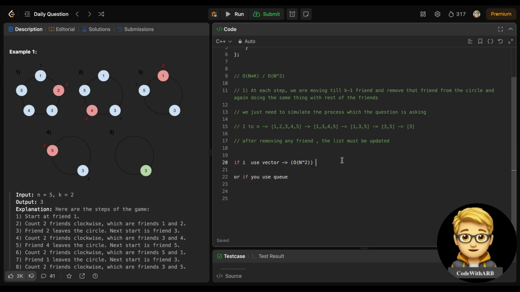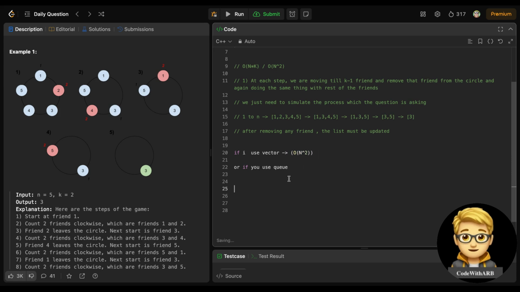I need to update the whole list. That's why it was taking O of n square. But if you observe here, that 1 2 3 and 4 5, after this, if I take another thing, 1 2 3 4 5 and again, right? If I take another thing,